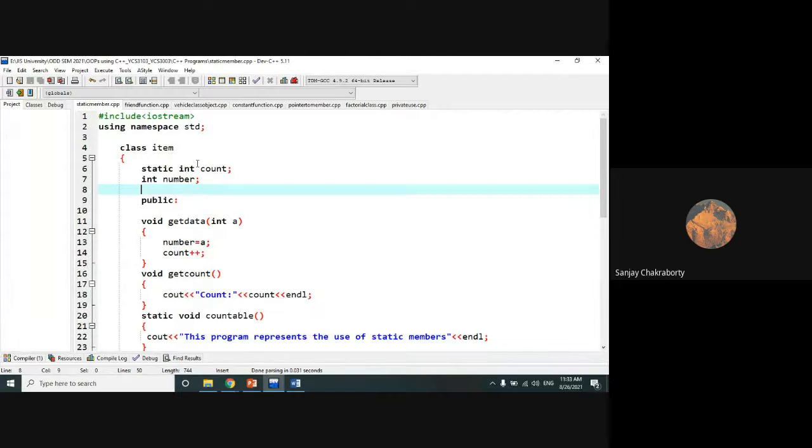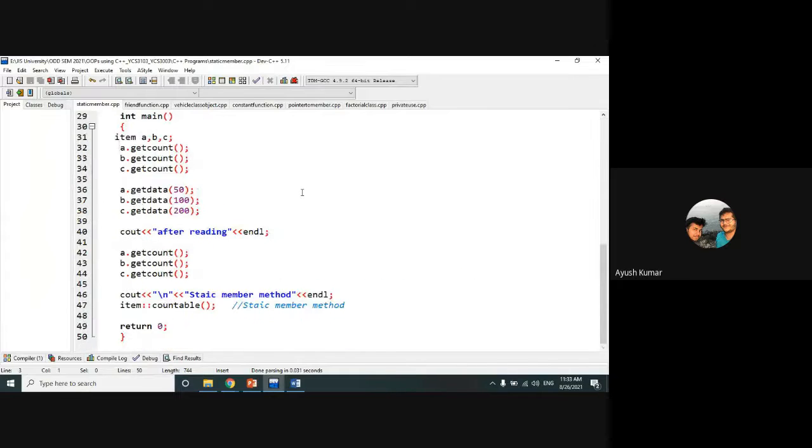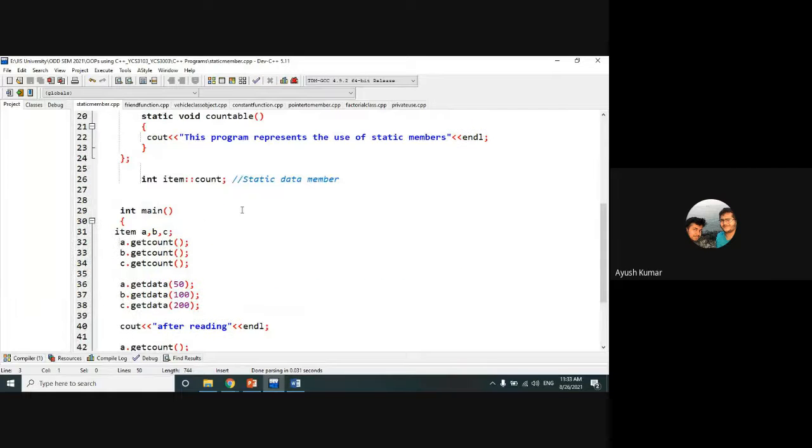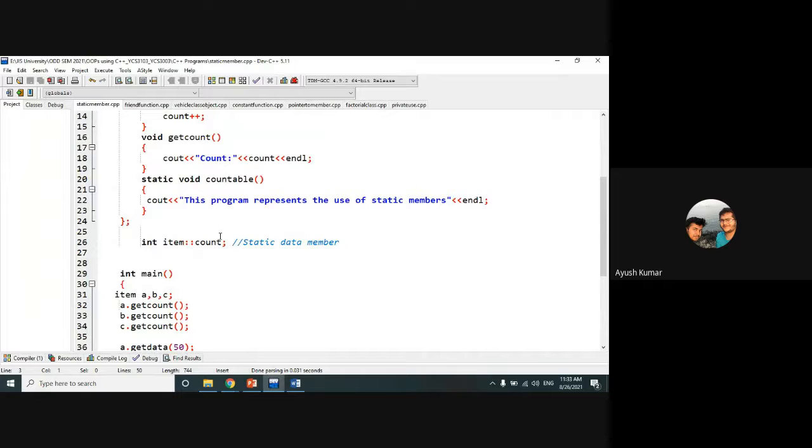So if I want to use that static data member outside the class, then we have to use this line. Else, if I want to use a static data member in an increment of an array like ARR 0, then ARR 1, we can use it.